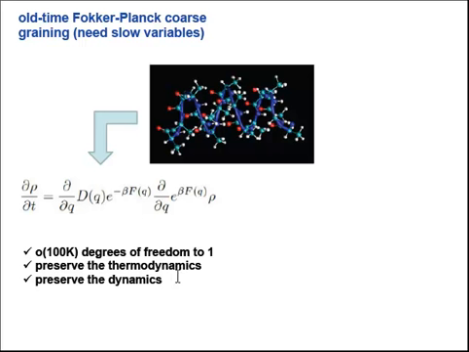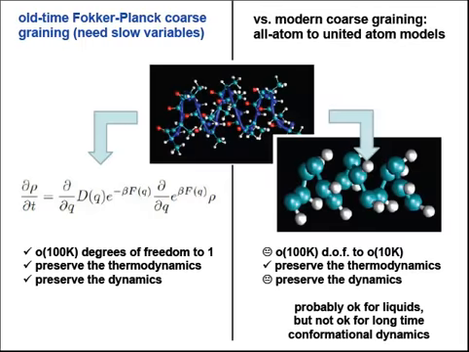You've preserved the thermodynamics, and you've preserved the dynamics, which is a very hard thing to do, especially for the newer versions of coarse graining that take all atom systems and generate united atom models of those systems. So these things do a very good job of reducing the dimensionality, but they still leave you with thousands of degrees of freedom, right? So in order to actually compute a rate for this process, you would have to deal with those other 9,999 degrees of freedom in order to actually get a rate constant.